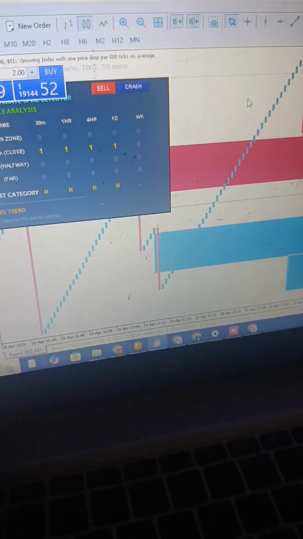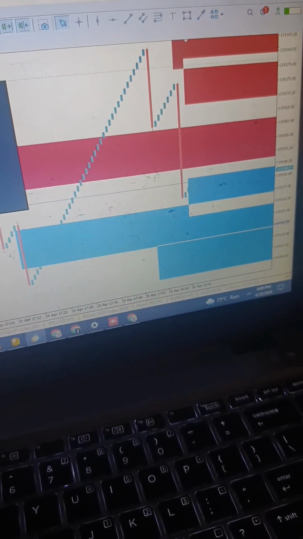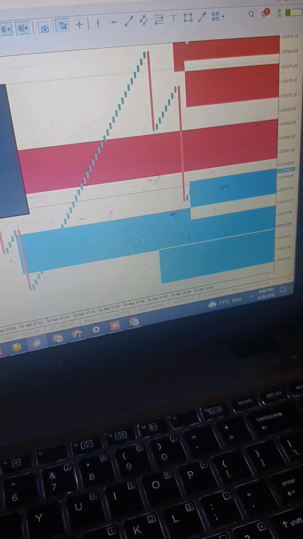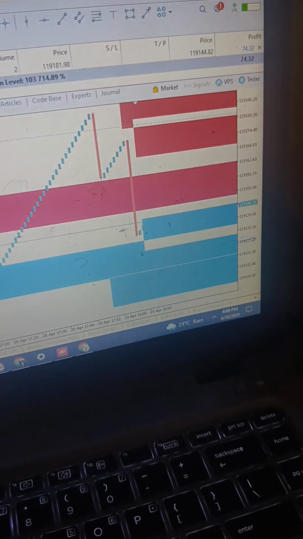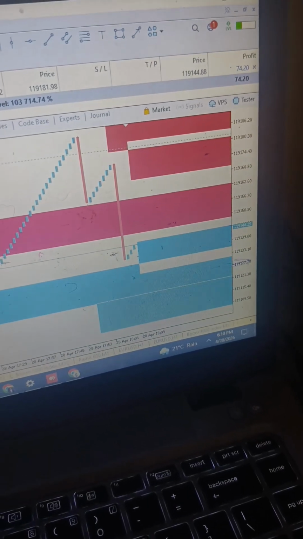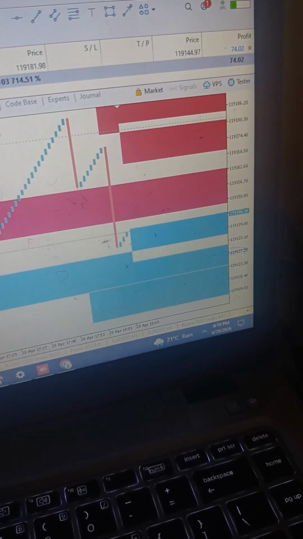And the system is still saying more spikes are coming. So we hold for a few more minutes and just check. It's the same market, Pain 800. The second spike has happened. And now my profit starts at $80. You can check that. Okay, 74. It has reduced a little bit because of the recording of the video. So this is exactly